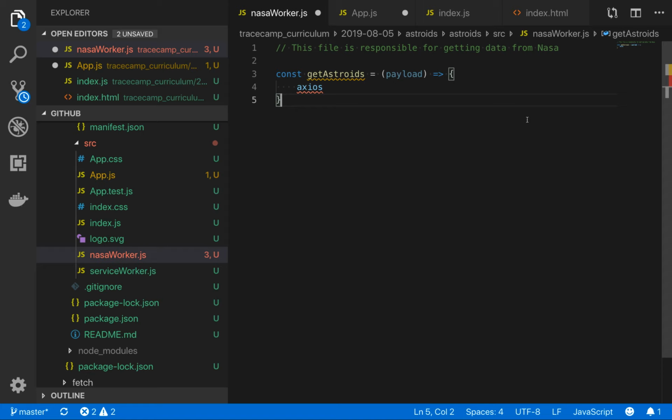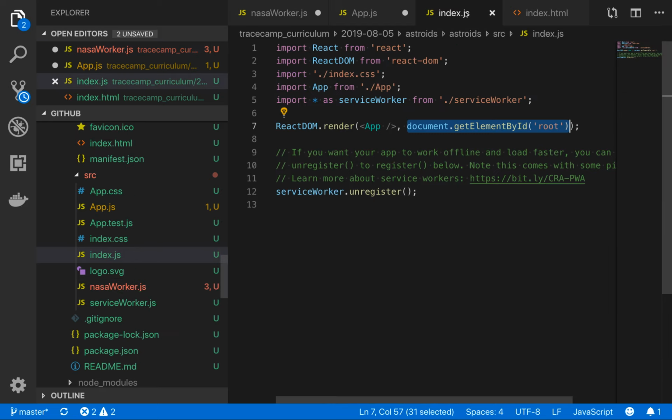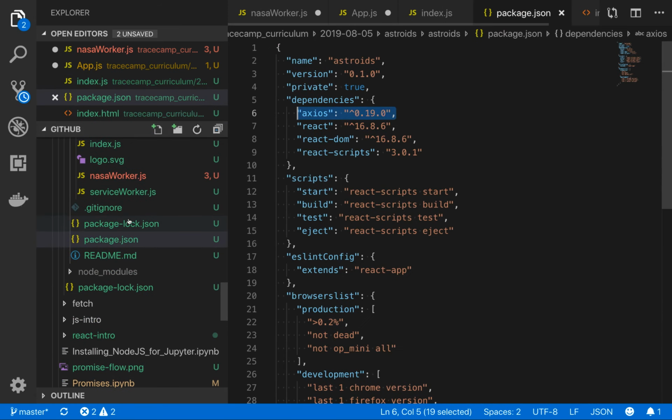Okay. Yes. Where you were in index.js that showed Axios. I was in package.json. So npm is essentially a package manager, in the sense that it's a CLI, but